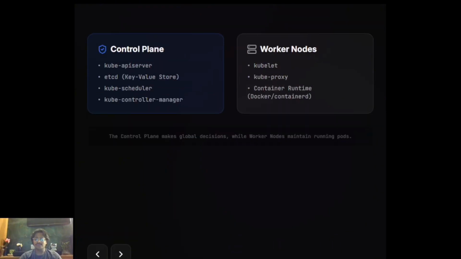So to conclude, Kubernetes has become one of the most important technologies in cloud computing. It provides powerful capabilities such as container orchestration, automatic scaling, self-healing of applications, and efficient management of distributed systems. By organizing containers into pods, managing access through services, and controlling applications with deployments, Kubernetes simplifies the process of running large-scale applications in the cloud. Because of these features, Kubernetes is widely used by companies around the world to manage modern cloud native applications.